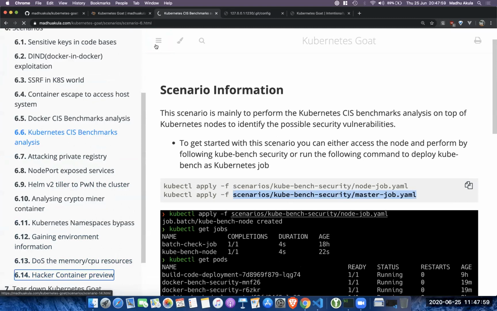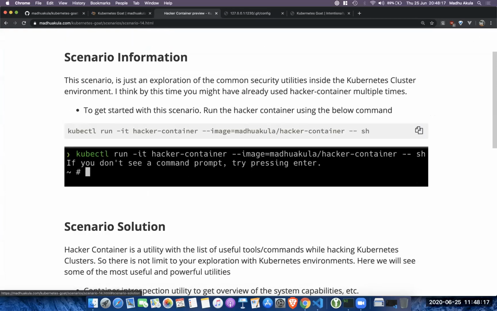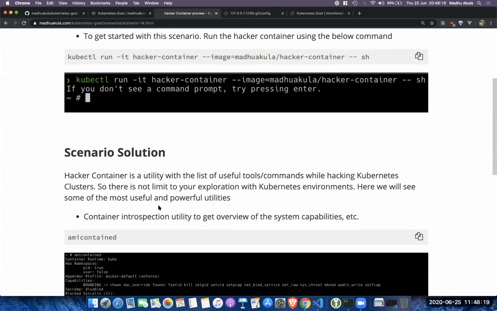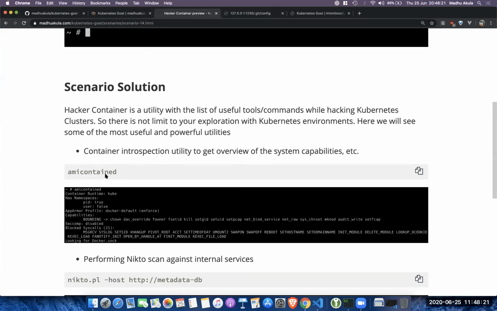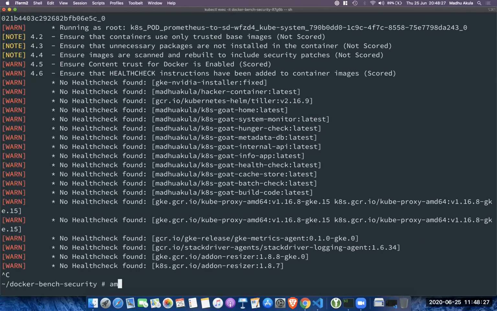And as I said previously, we have used multiple scenarios, Hacker Container. This is another open source project I have created to help Kubernetes security assessment teams, researchers, or teams who are trying to test Kubernetes security issues, with a list of almost 50 plus utilities available, using a bunch of tools like Am I Contained.